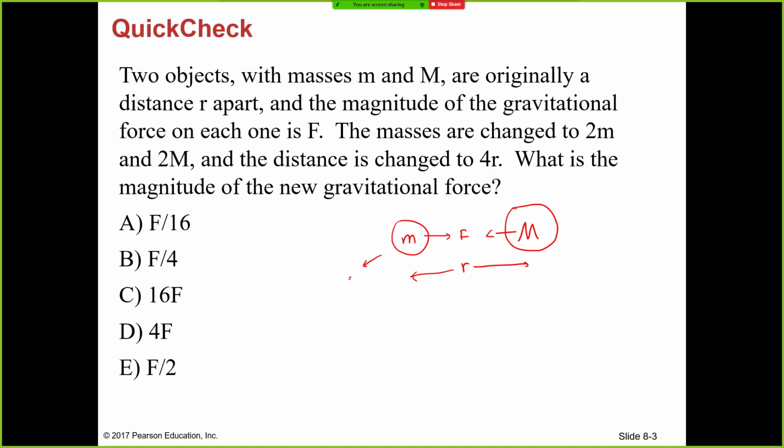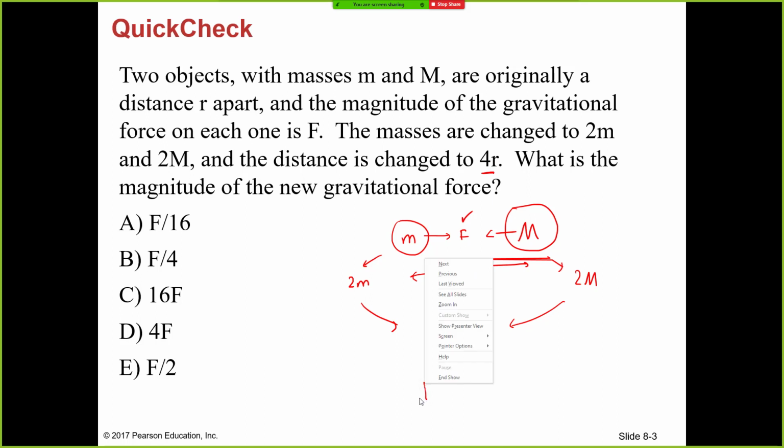So when you double this and double this, that will increase the force to 4 times F. Okay. So doubling that and doubling that, you get 4F,